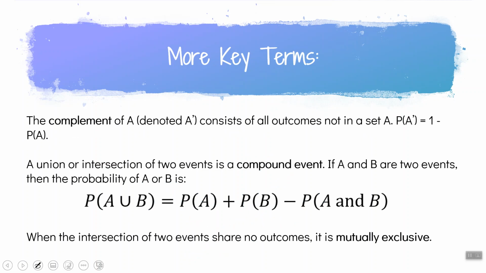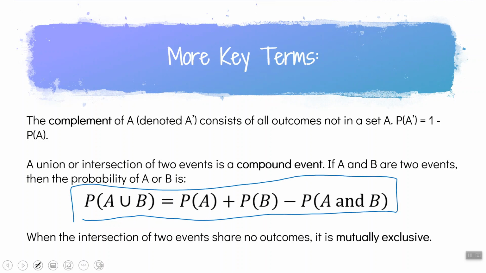Some other terms that you might see in this section are complement, which we mentioned earlier with the Venn diagrams, is everything that's not in a set. So if you know something has a 25% chance of happening, it has a 75% chance of not happening. We just take the set A probability and subtract it from 1. The equation you see here